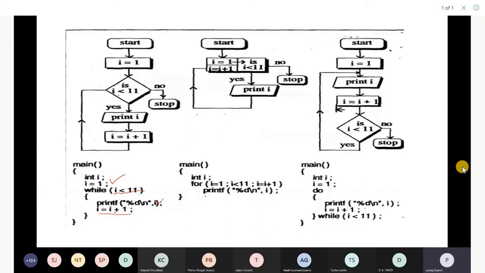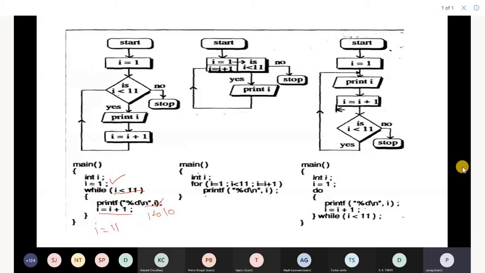I is equal to I plus 1, I will be 2, less than 11 is true, so the value 2 will be printed. Similarly 3, less than 11 is true, 3 will be printed, I will be 4. This will run till I is equal to 11; 11 less than 11, the condition fails, and we come out of the loop. So what is printed? 1 to 10 is printed, and we come out of the loop; the value of I was 11.